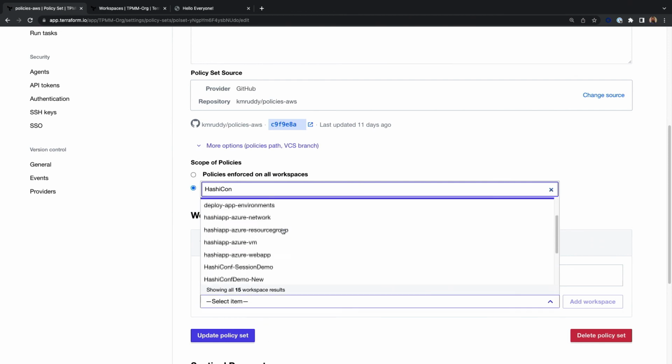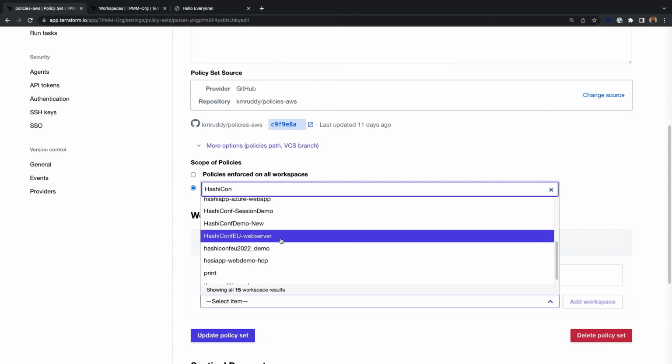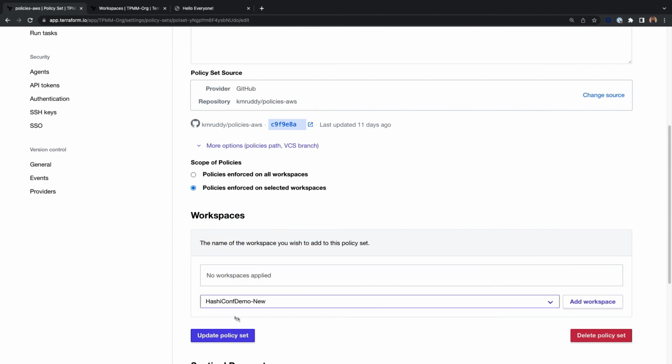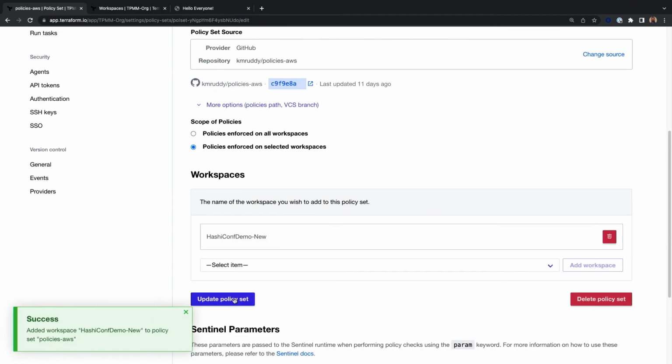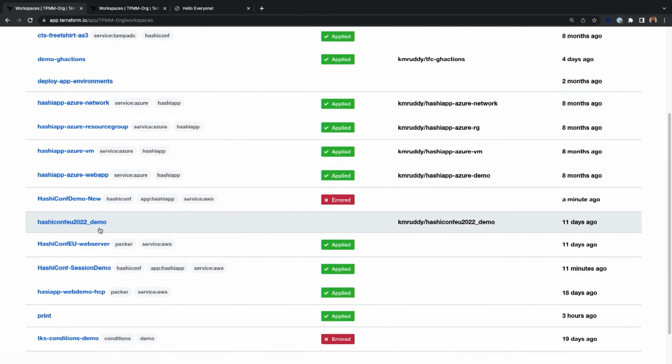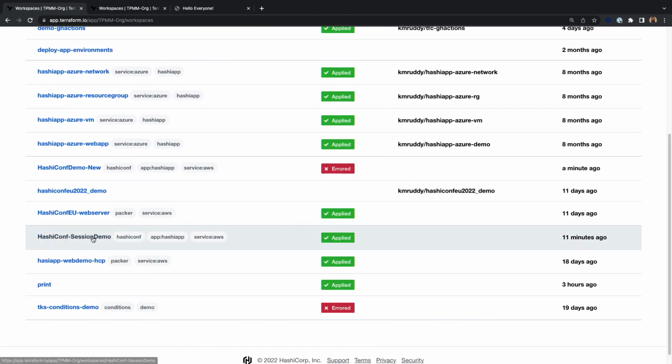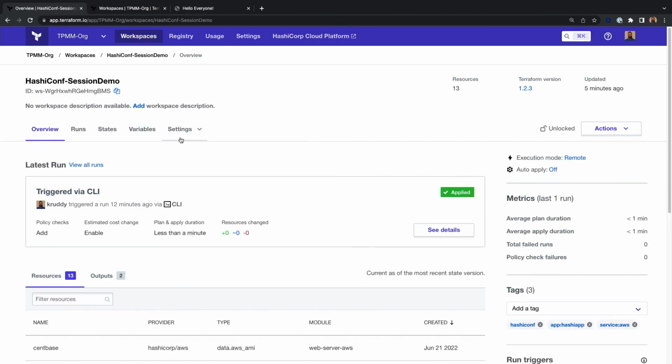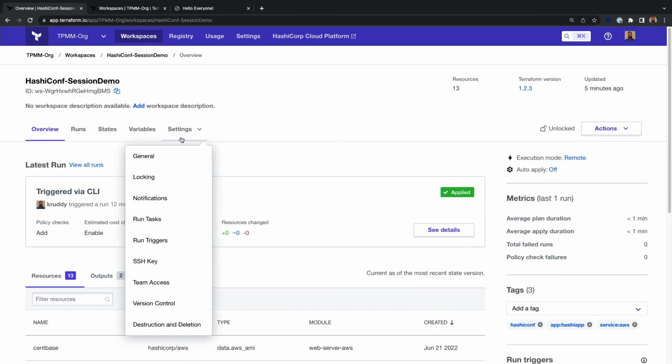There we go, and so we're going to add our workspace there. And run back down. And now what we can do within our settings is we can go to a new little pocket that's here